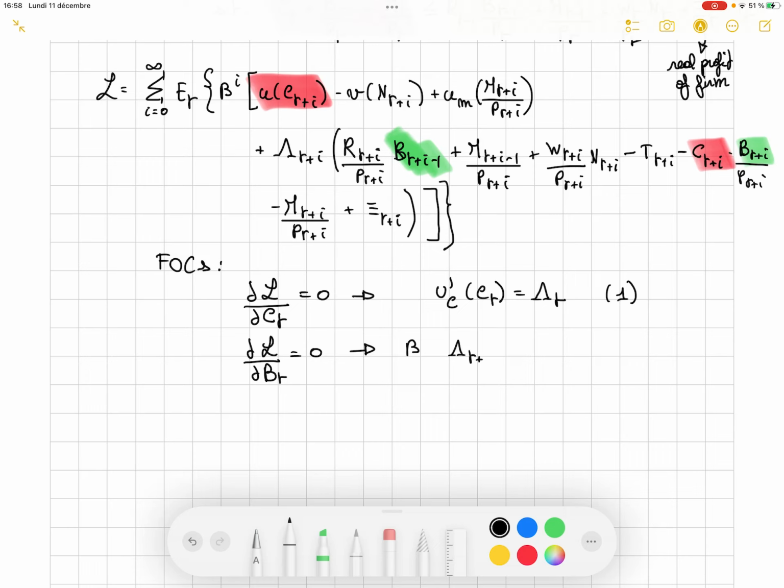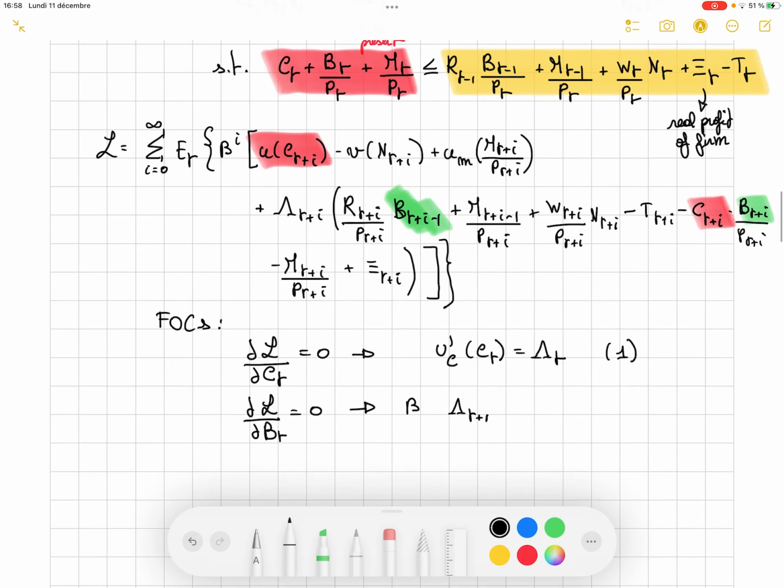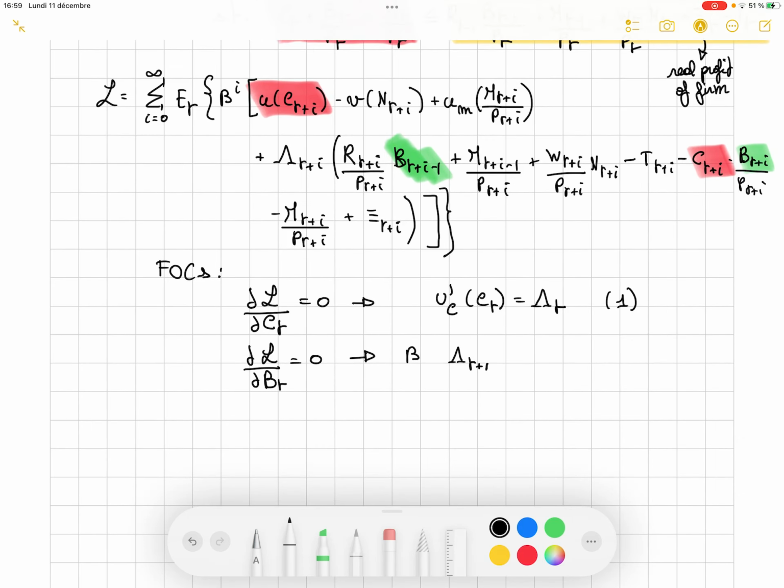Now we must multiply them, of course. So basically when it is B_t, we know that it is a moment where i is equal to 1, because it's B_{t+i-1}. So the thing is that now you have in your equation a term that is at the next period. That means that technically you have to add the expectation, because we know what is at the current period, but we don't know what is at the next period. That's why the expectation term is here.